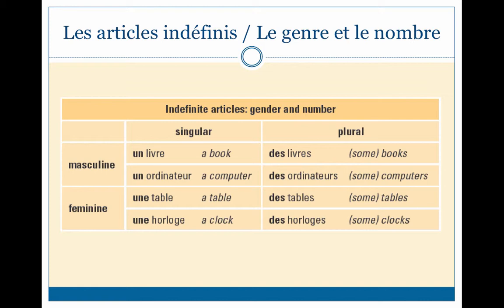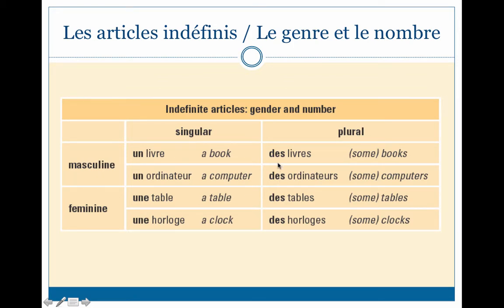So if we look at this chart here, we have the masculine singular. If a noun is masculine singular and we want to say a, an, or some, but we wouldn't use some since it's not plural. If you want to say a or an, then we're going to use the masculine singular form of un. And that truly sounds like, and this sounds silly, but if you were getting punched in the stomach and you could just go like that. But let's say your noun is table and you want to say a table, okay? We're going to use the indefinite article une right here.